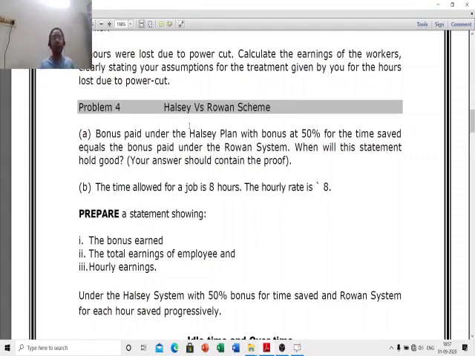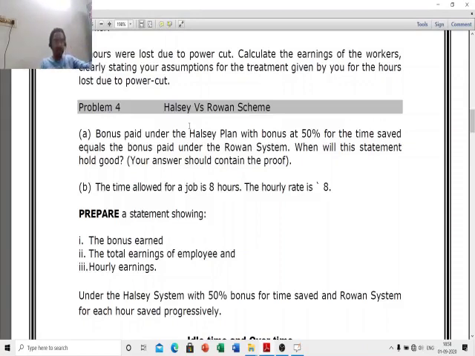A, bonus paid under the Halsey plan with a bonus at 50% of the time saved, I mean normal Halsey plan bonus, equals the bonus paid under the Rowan system. When will this statement hold good? Your answer should contain the proof. Basically, let's look at part B later. In part A, what they are actually saying is,